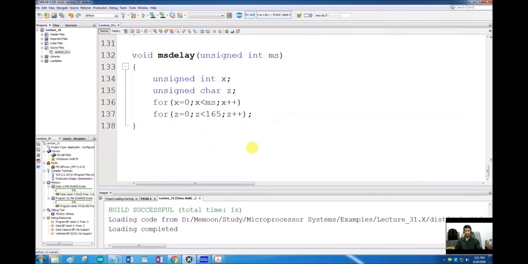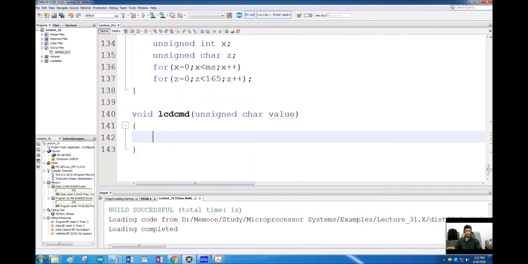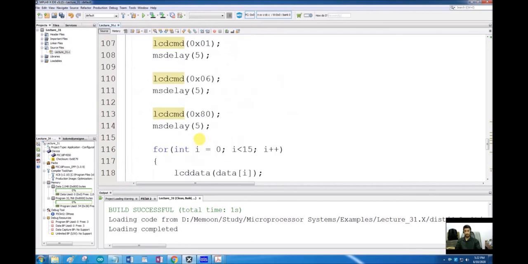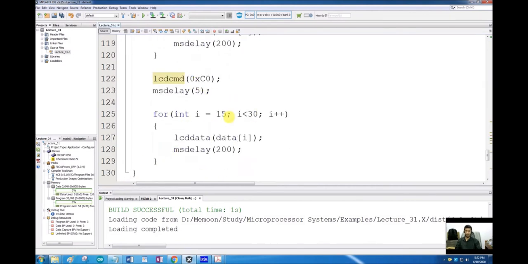Now what's left is to make these two functions, void LCD_CMD, and inside that what we had, unsigned char value. So let's see what should be inside this function. Inside the LCD command subroutine, we want to send this data as a command to our LCD.